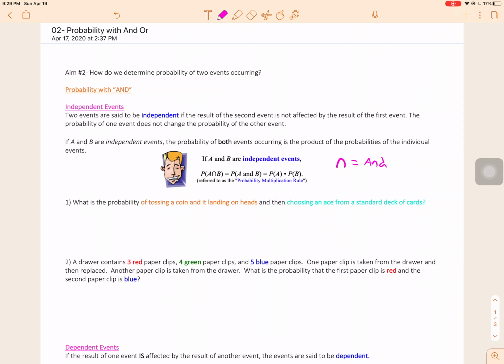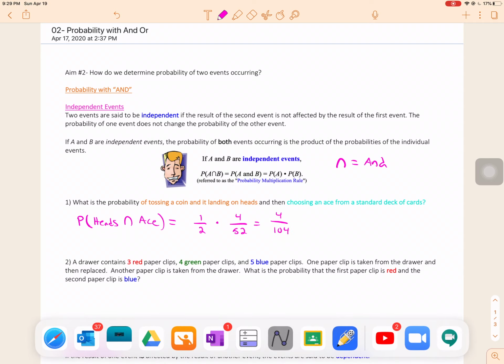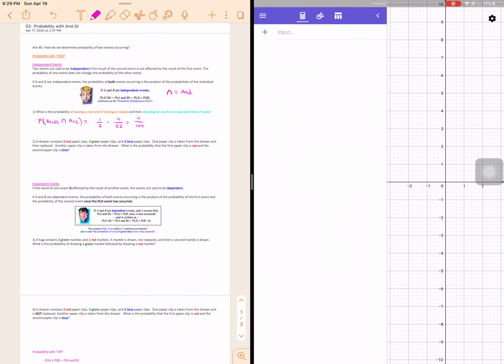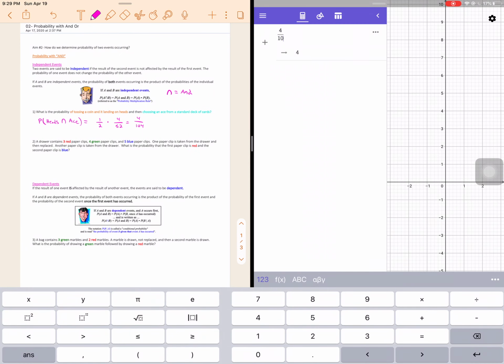So for example, what is the probability of tossing a coin and getting heads and choosing an ace from a deck of cards? Well, we write this as the probability of getting heads and an ace. The probability of getting heads is 1/2. The probability of getting an ace is 4 aces out of 52 cards. So you get 4 over 104. And if you want to simplify that, we could. 4 out of 104,